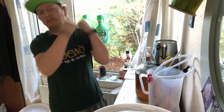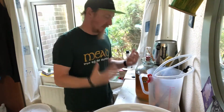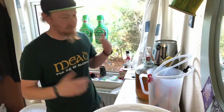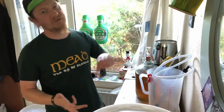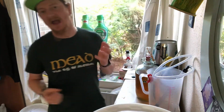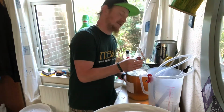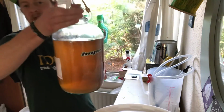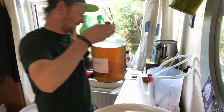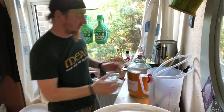Today I am bottling. It always seems to take such a long time to get round to actually being able to bottle the beverage, because you've got the brewing of it, and the secondary to let it settle out nice and clear. Anything that you add to it in the secondary could make it go cloudy again. Now this is my Acerglyn, and it is nice and clear. You can see my thumb through it,